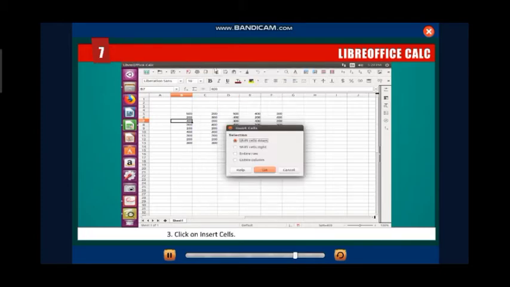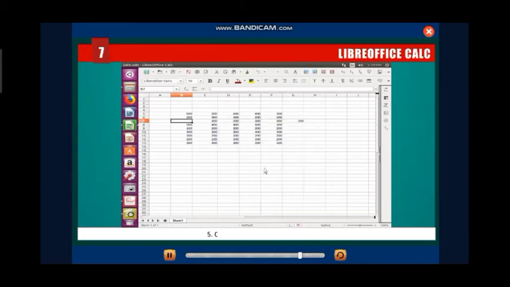Click on the Sheet menu for that. Click on Insert Cells. The Insert Cells dialog box appears, you can see on the screen. Now click on the option button to shift the surrounding cells to the right or down to make space. Click on OK to insert the cell. Calc inserts the new cell as you can see, and it has shifted that cell down. To deselect the cell, you can click anywhere on the worksheet.